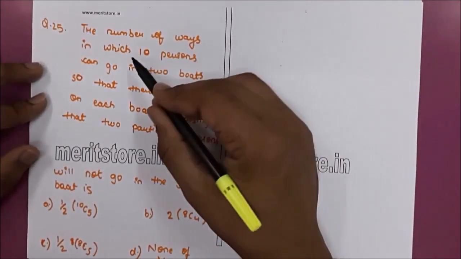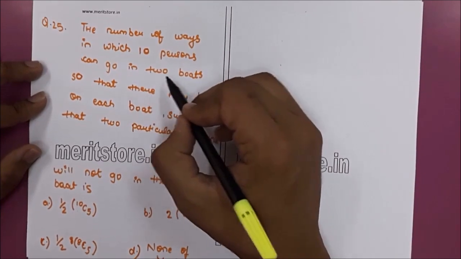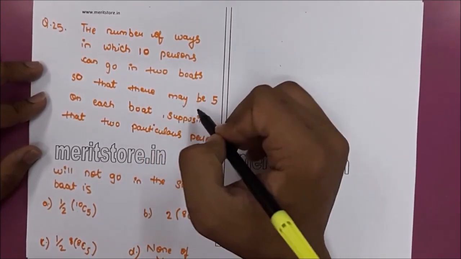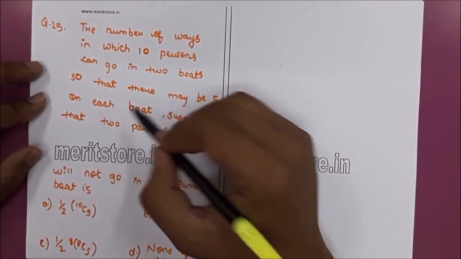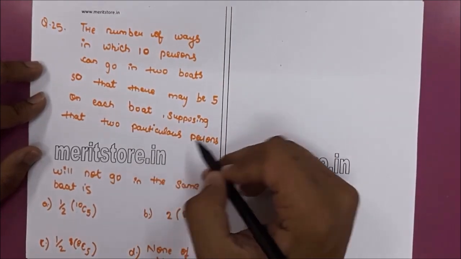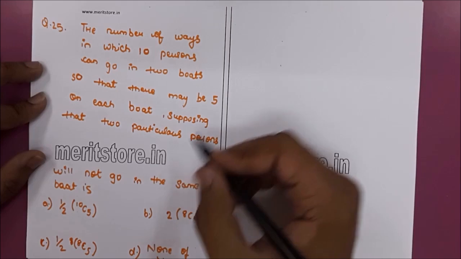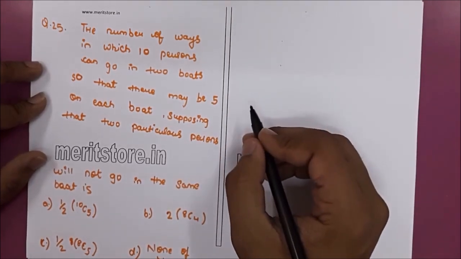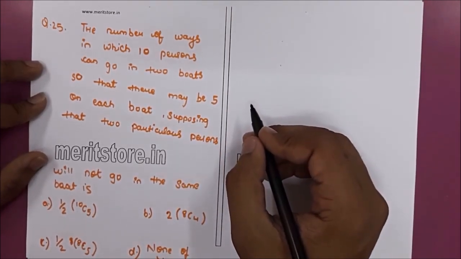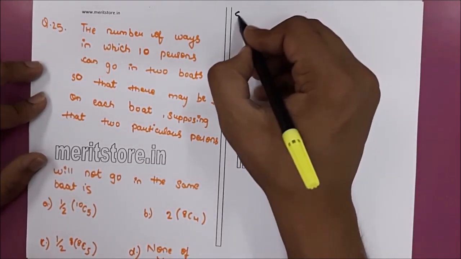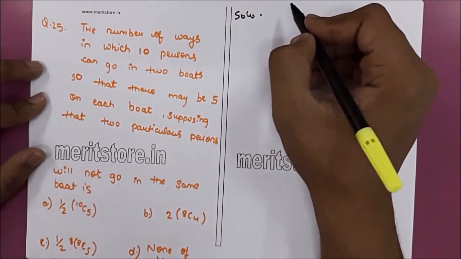The number of ways in which 10 persons can go in 2 boats so that there may be 5 on each boat, supposing that 2 particular persons will not go in the same boat, is option A half 10C5, option B 2 8C4, option C half 8C5, option D none of these. Therefore, the solution is